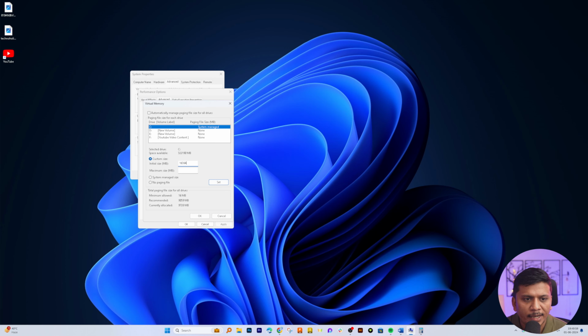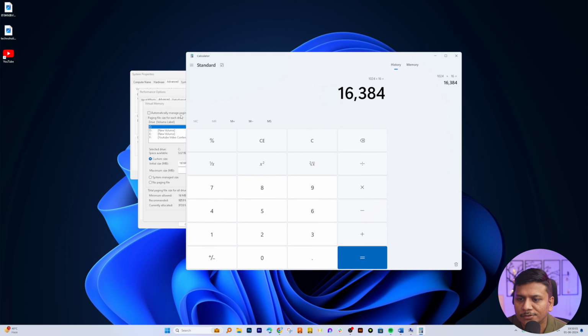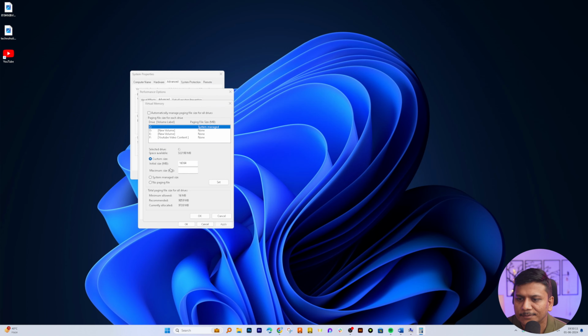And then let's also define the maximum memory size. Let's say I'm gonna give it 64 GB, which is 65536. So let's make it this much, and let's click on set. And there we go. We can also see the preview of the newer paging file size, and let's click